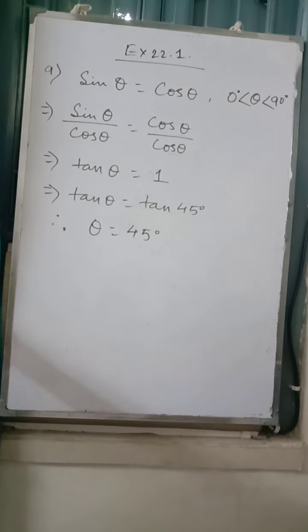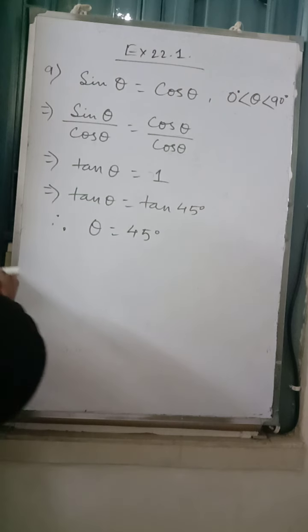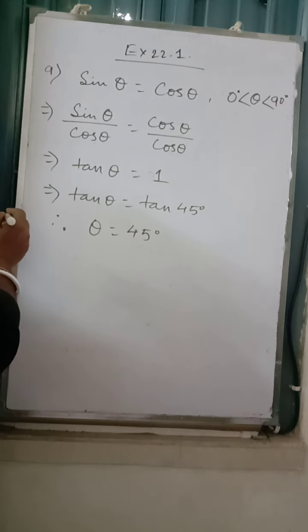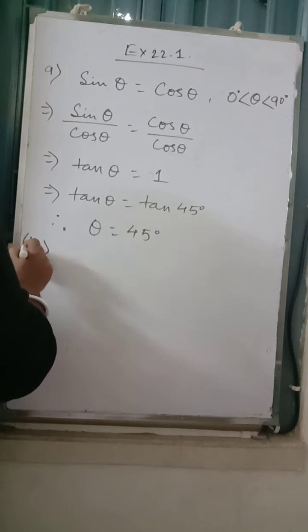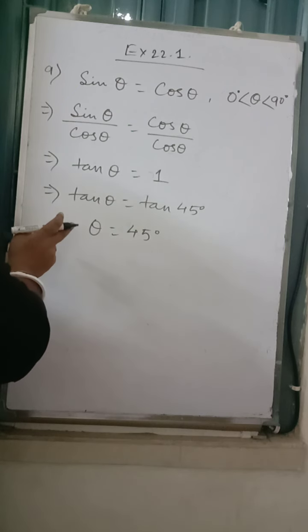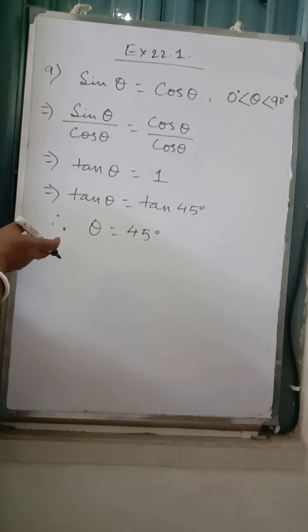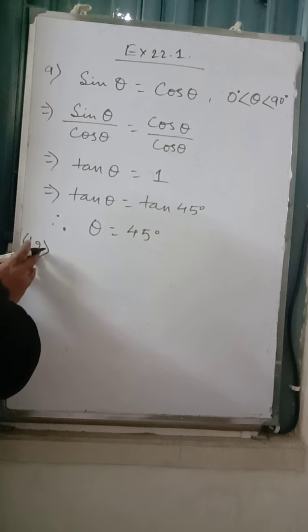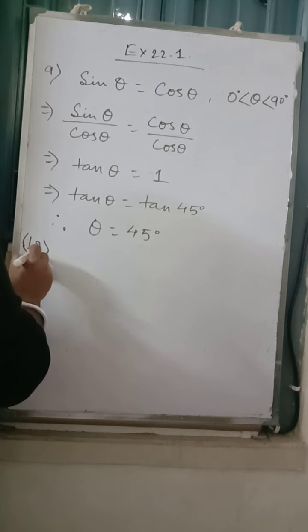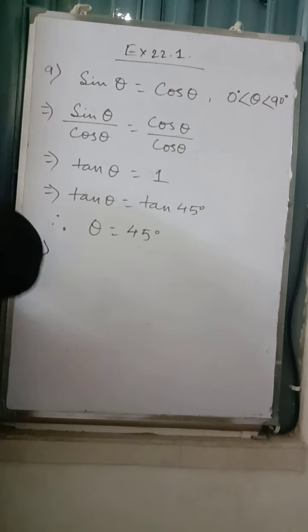Same way you have to do question number 10. Look at question number 11. Here they have given the value of root 2 and root 3, and you have to find the value of the following correct to 2 decimal places. Now you just put the value and get. Number 12. In number 11, you have to put the value of tan 60 degree, root 3. Number B, you have to put the value of sin 45, cos 30, multiply, and then if it comes in the root, just give the value which is given on the top.